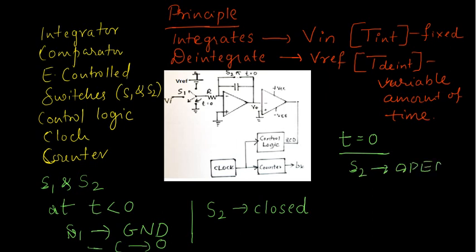And your S1 is now connected to VIN, right? The switch S1 is connected to VIN and S2 becomes open. That means you will have a simple integrator operation here, with the integrator getting the voltage VIN, and the integrator starts working till a fixed time which I have mentioned here as TINT, right? So now if you look at the diagram here, from here your conversion begins. So here the conversion starts.